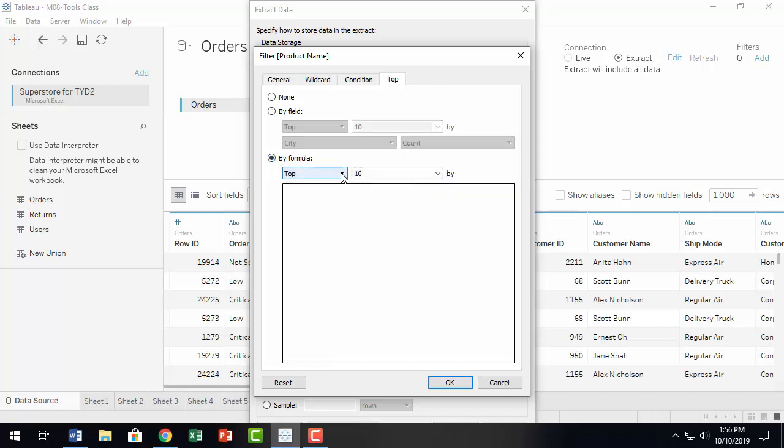Or by formula, once again, you can set the formula here. So if it is a measure, then you can say sum of sales. So that would be the formula. So top 10 or bottom 10 product with maximum sales. Or you can have sum or average, average profit